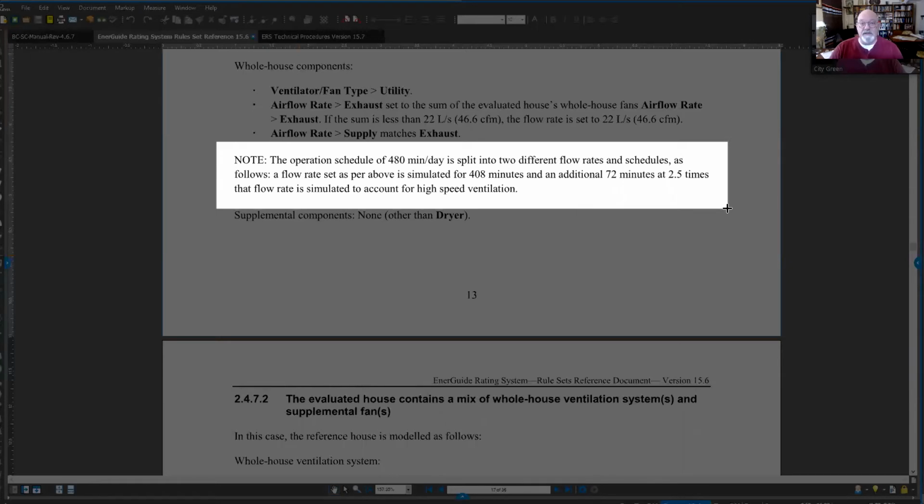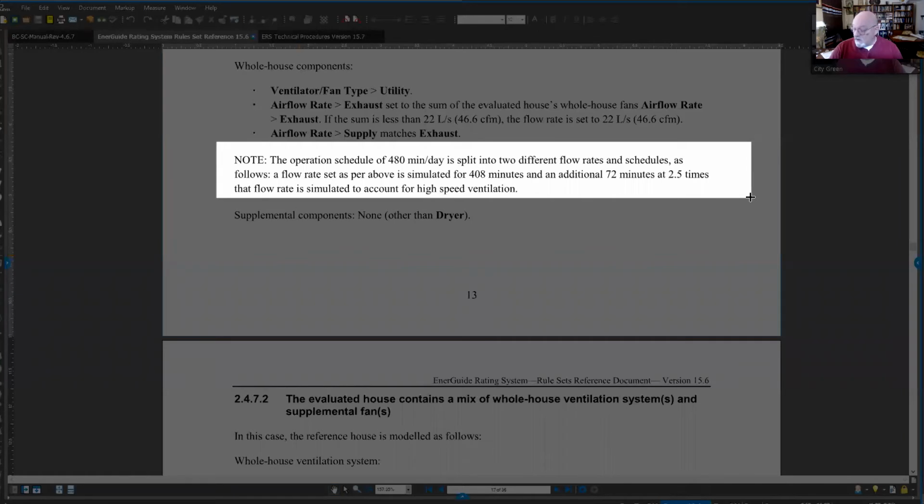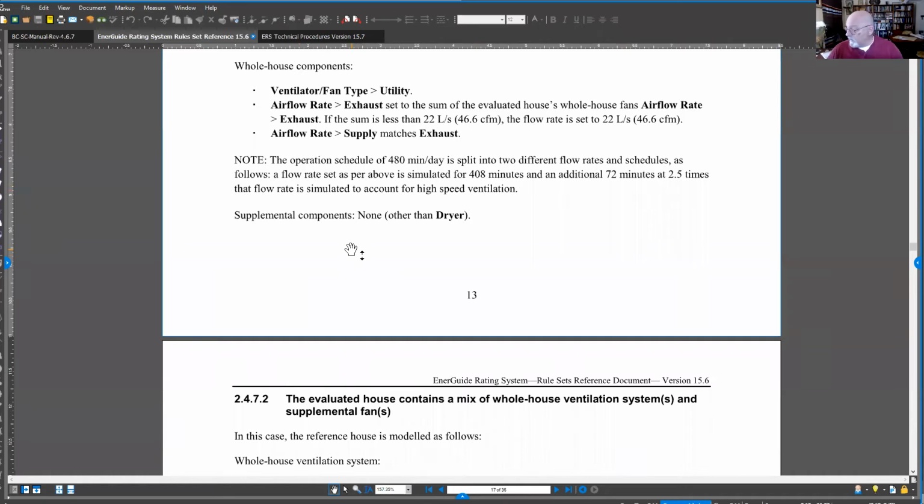So what this says is there's a certain flow rate for 408 minutes. So if we model 60 CFM or 28.3168 liters per second, that is the flow rate for 408 minutes of those 480. The other 72 minutes, the flow rate is 2.5 times that 28.3168, to account for the high speed ventilation. So lo and behold, if we take 28.3168